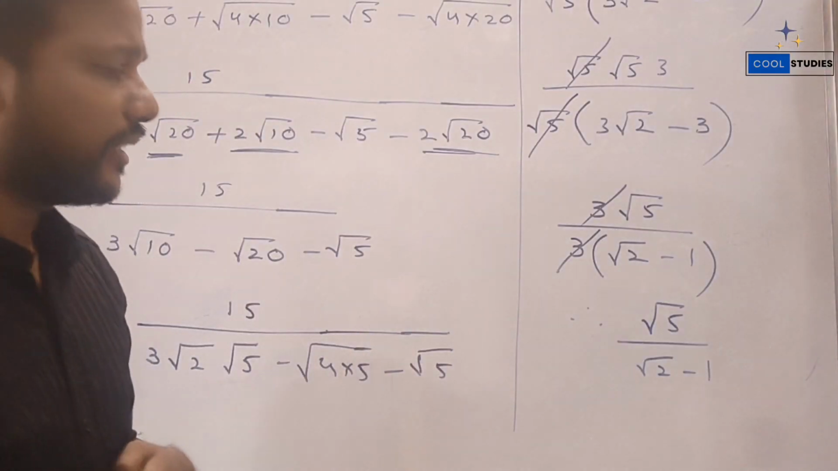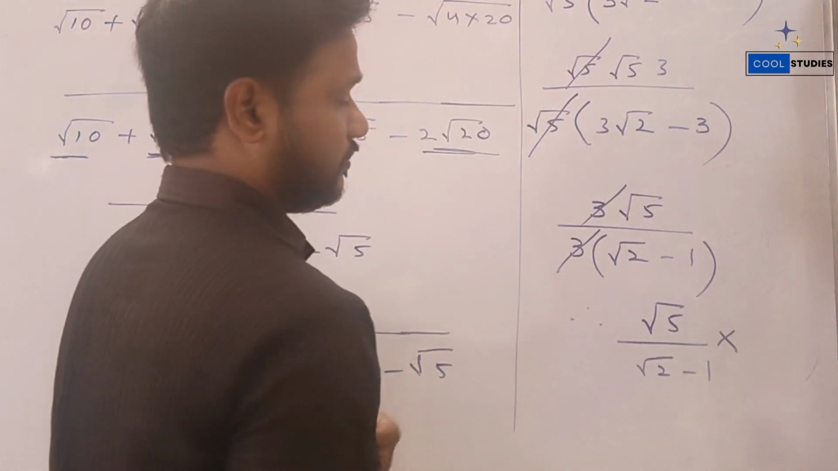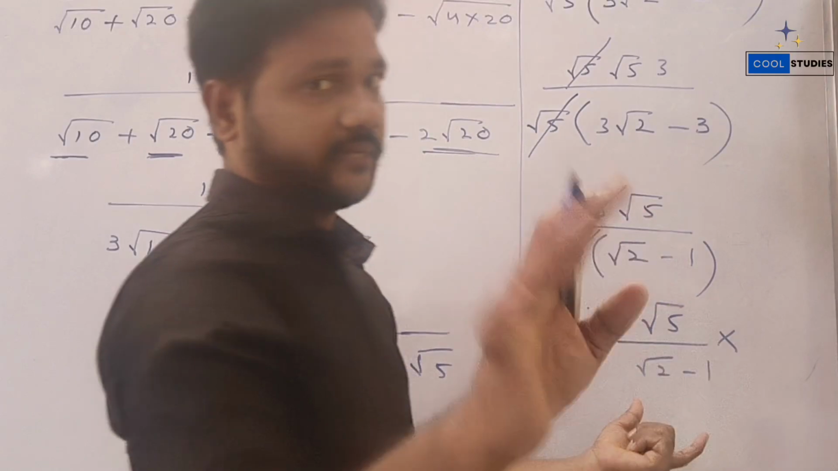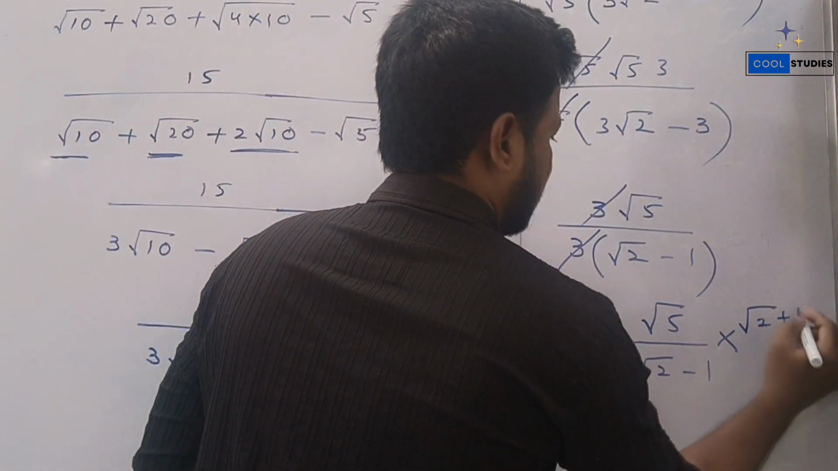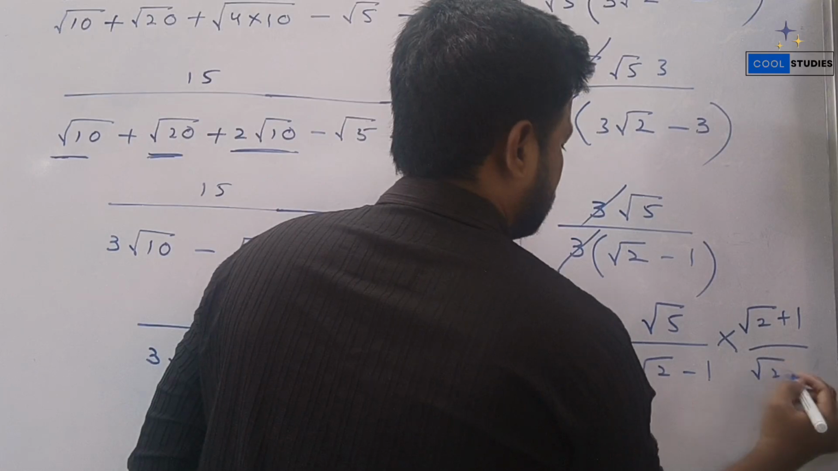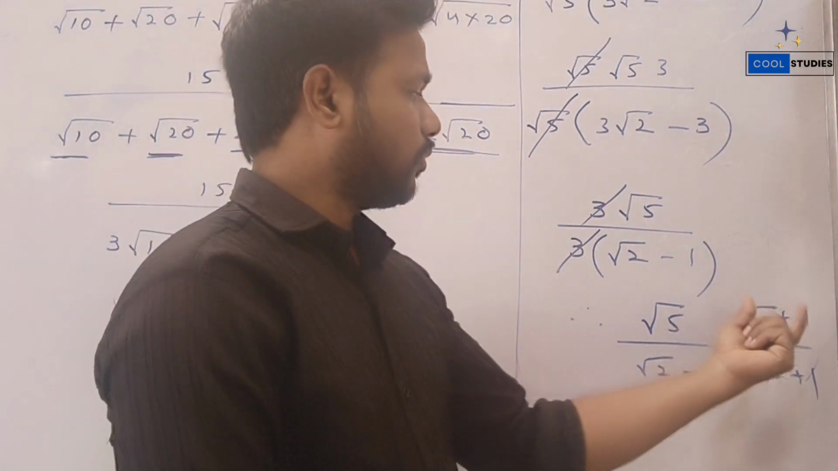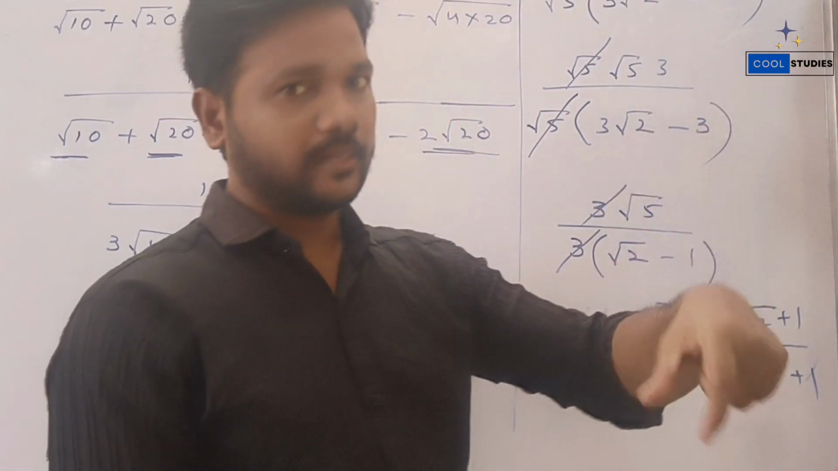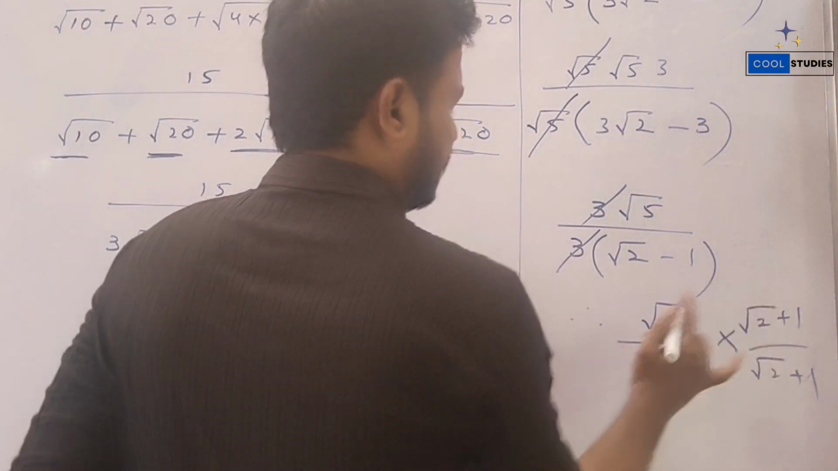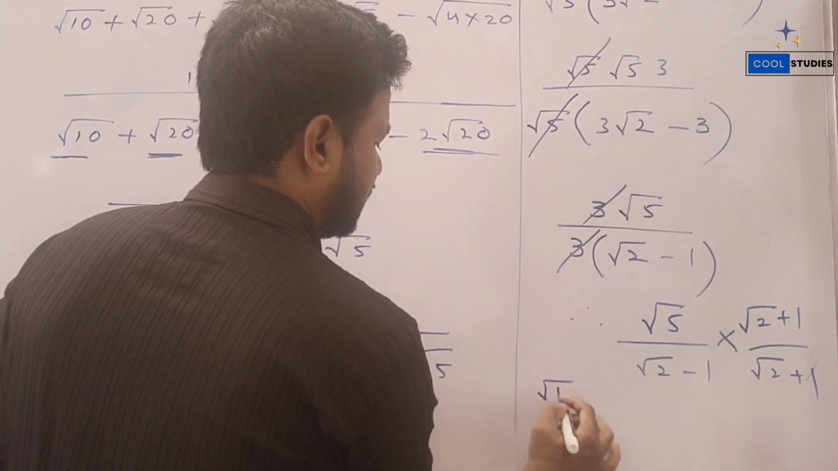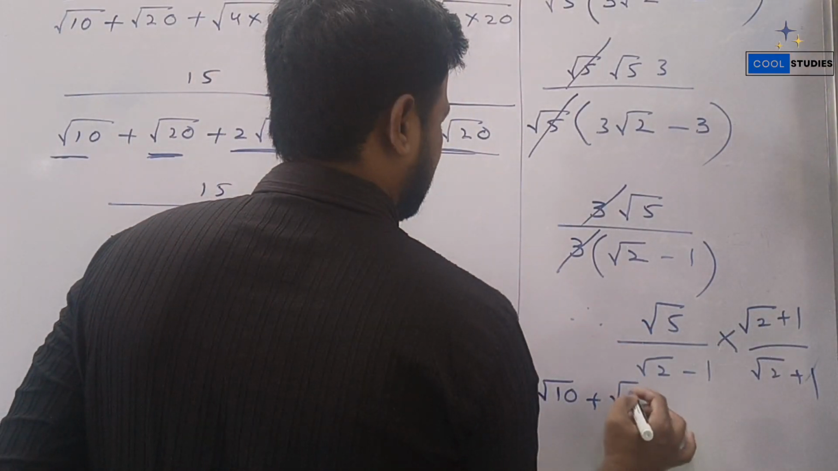Still, if you want to rationalize here, let us rationalize the denominator too, because we should not have roots in the denominator. So let us rationalize down here. Multiply by root 2 plus 1 by root 2 plus 1. We multiplied the numerator and the denominator by root 2 plus 1. So what do we get? Root 5 into root 2 is root 10, plus root 5 into 1 is root 5,